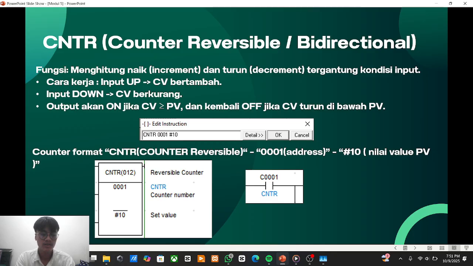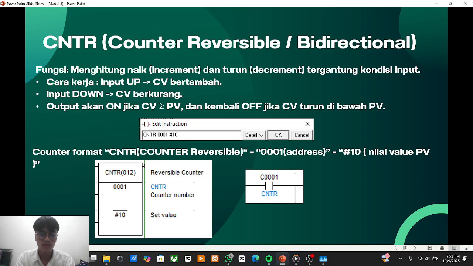Explanation: the CNTR reversible counter instruction in a PLC allows counting in both directions, up and down, depending on which input is triggered.